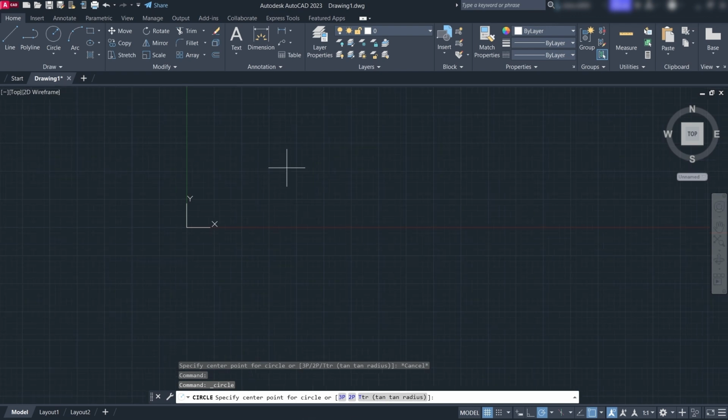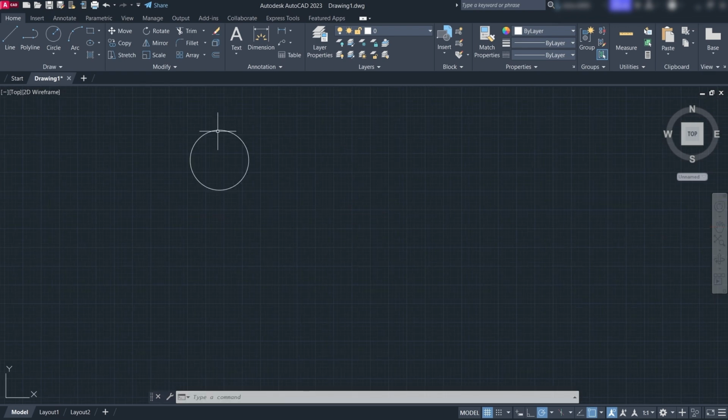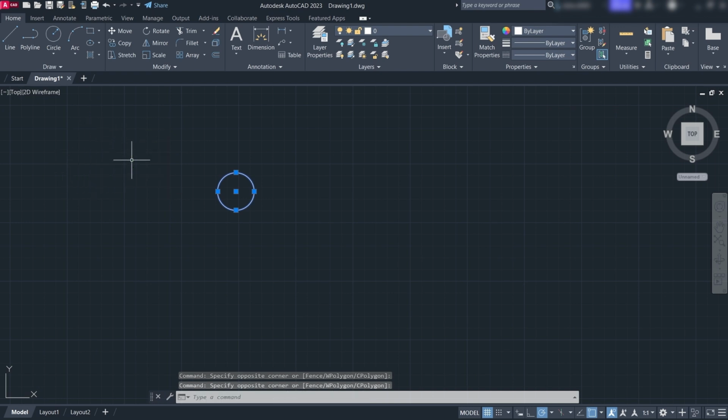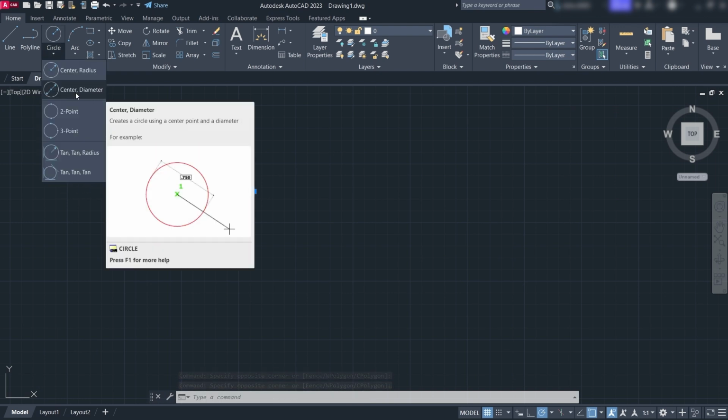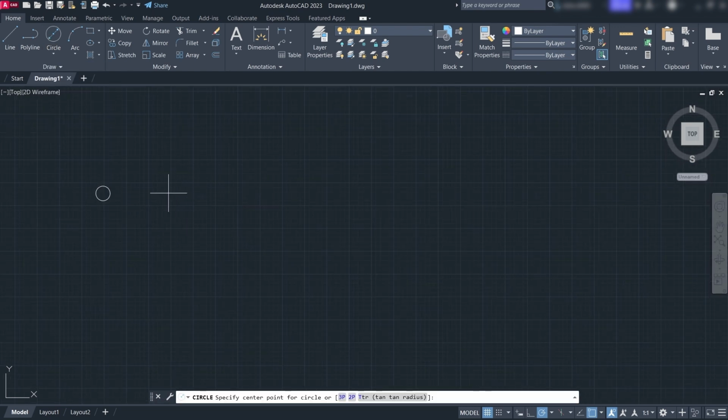We will simply click anywhere on this drawing area, and we will simply insert the radius here. Let's insert radius 20 units, then press enter. So that's the circle of radius 20 units. Okay, so let's talk about the second flyout of this circle. This is center diameter. In this we simply have to click